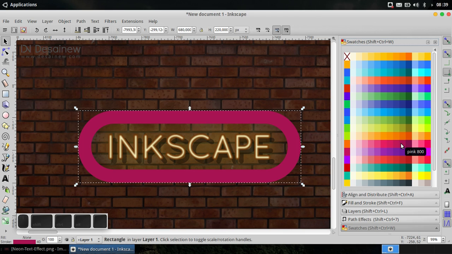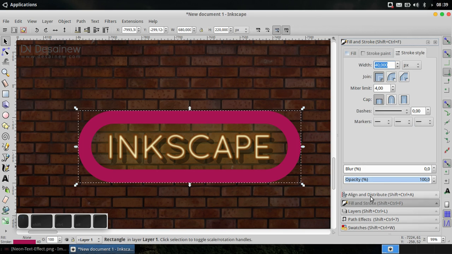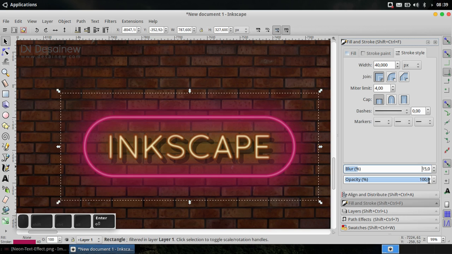Okay, give a blur effect with number 15, and for opacity it is 90. Okay, click lower selection one step and click again.